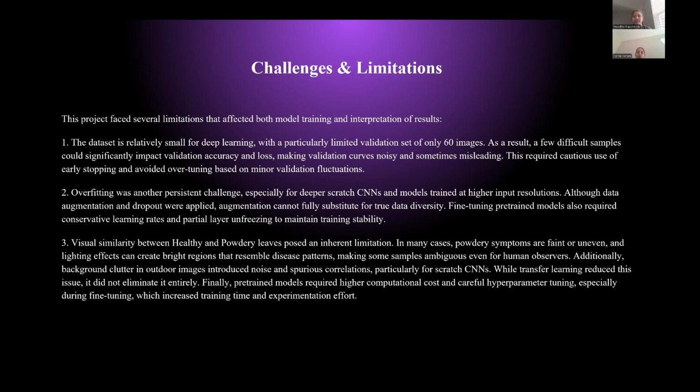And also one of the major things in our data set is that healthy versus powdery is genuinely hard, because some images are very ambiguous. Even humans cannot predict the label properly because of the lighting effects, and the overlap and similarities between these two classes are very tricky for the pre-trained models and even for the baseline models. That is one place where most of the models failed or struggled